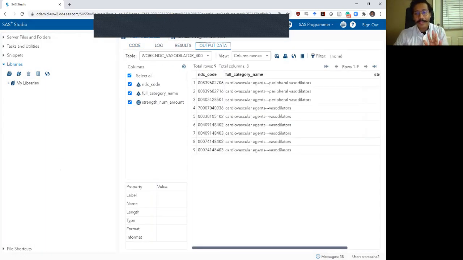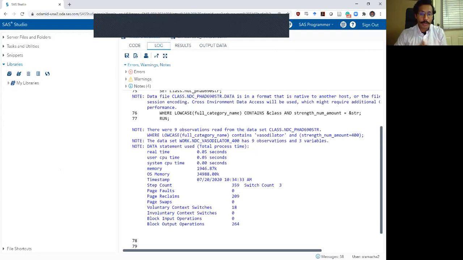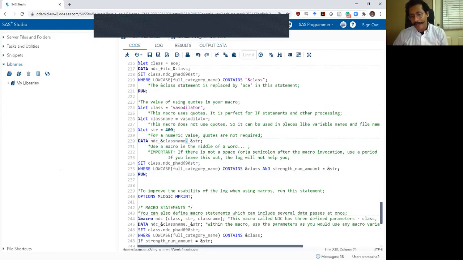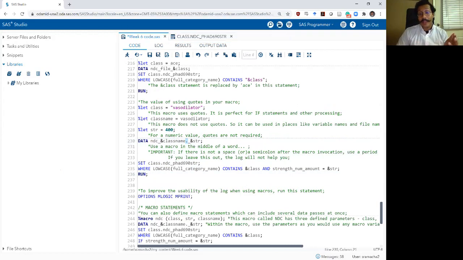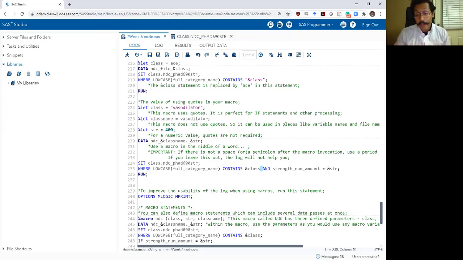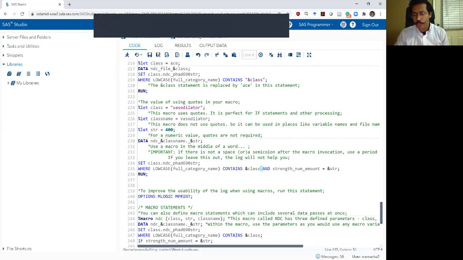Having said all that, the last thing, and perhaps the other very, very important thing that you need to observe when you are using macro variables is using periods or a full stop when referencing or calling the macro. See, the easiest way to call the macro is to just list the macro variable name, and then the ampersand symbol before that name, right? Like right here, ampersand class, right? This will work in every single case unless the character that comes right after the macro variable name is not a space or a semicolon or a closing quotation mark, right? If the character that comes right after this one is a different string, so for example, like this one, if it is an underscore,